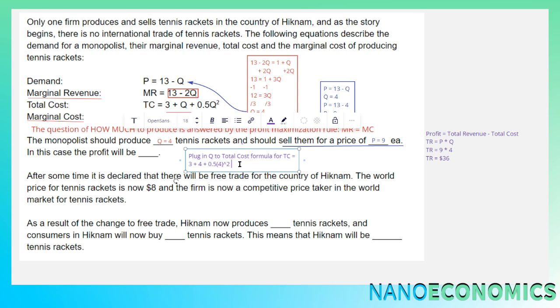So total cost is $3, which would be the fixed cost, plus $4 because it's one per quantity produced. So we're just plugging in Q there. 0.5 times Q squared is going to work to 8, so 7 plus 8 is 15. 36 minus 15 is 21. Equals,